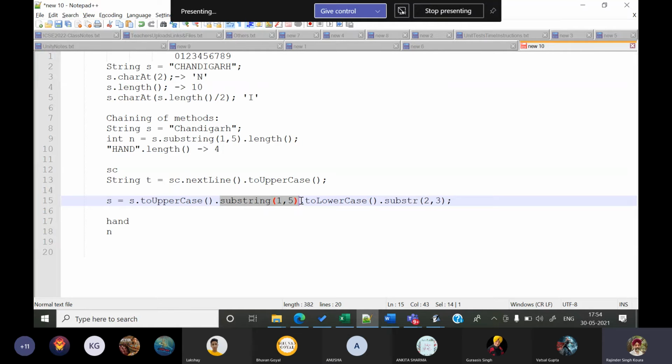HAND only becomes the invoking object for toLowerCase, so toLowerCase works on HAND now. HAND is converted into lowercase. And from that lowercase string, it takes only the second character, which is N, because the second character of HAND is N, and that N is returned. Does it make sense?